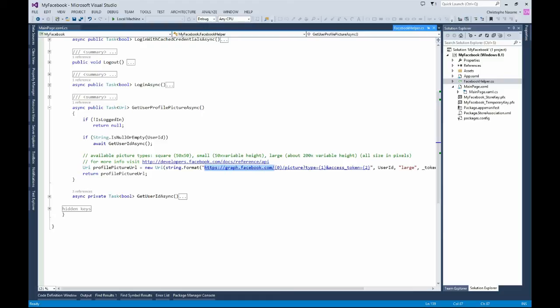You are passing the user ID, and then you ask for a certain type of picture. You have this description: a square, a small one, a very small one, and then you have the large one. So I want to get the large one, and at the end I just need to pass the access token. This is the raw way to get information from Facebook. I will show you how to use the .NET SDK, but I wanted to show you here the raw way